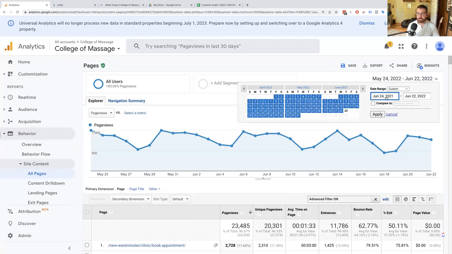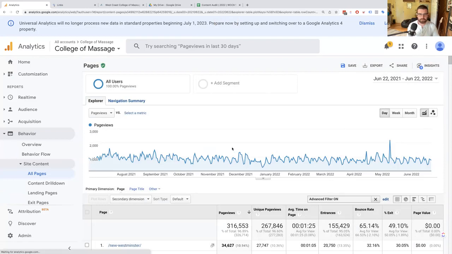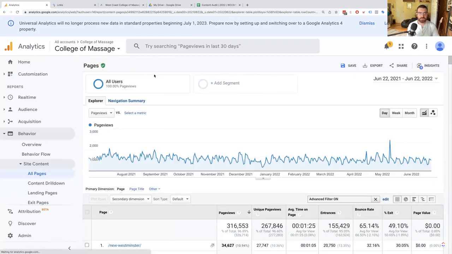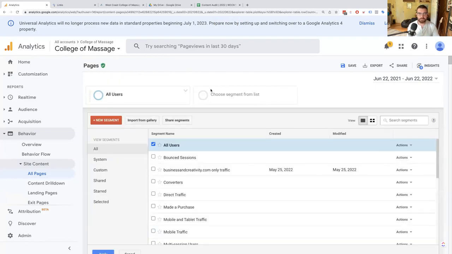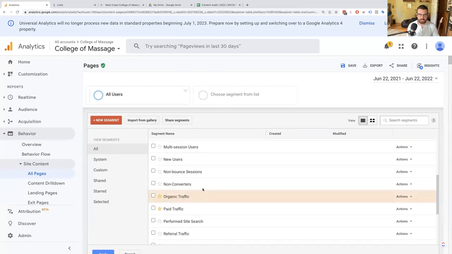So I'm going to do June 22nd, and you hit apply. And all right, so now we've got a year's worth of data. So now the other thing we want to do is add a segment that is only organic